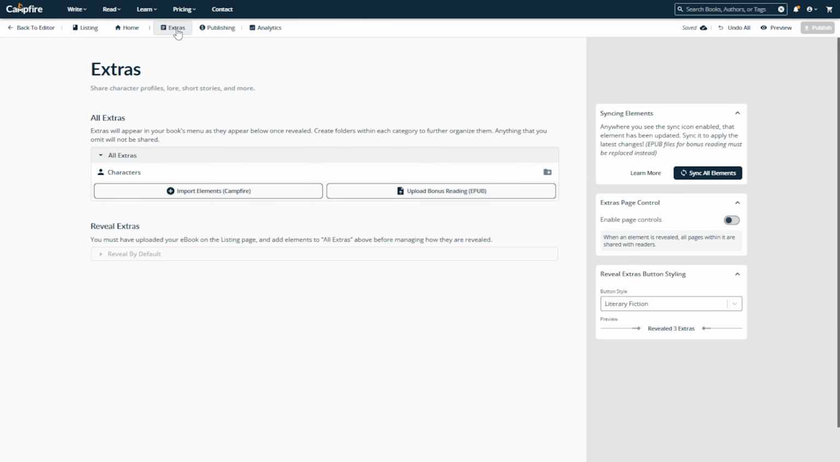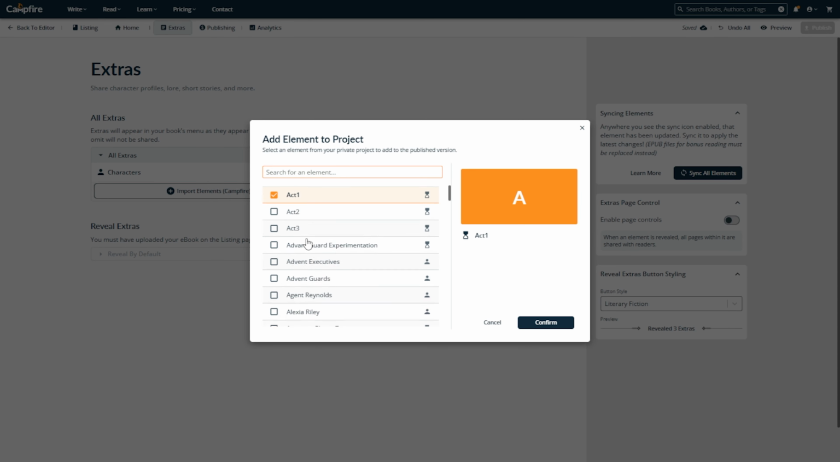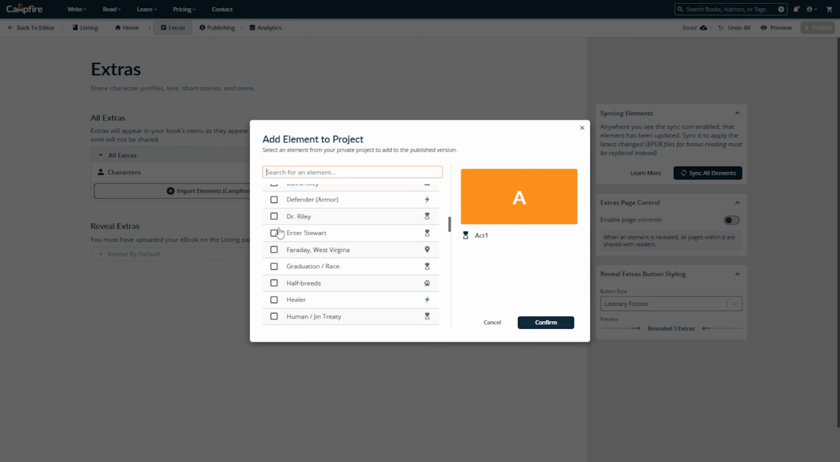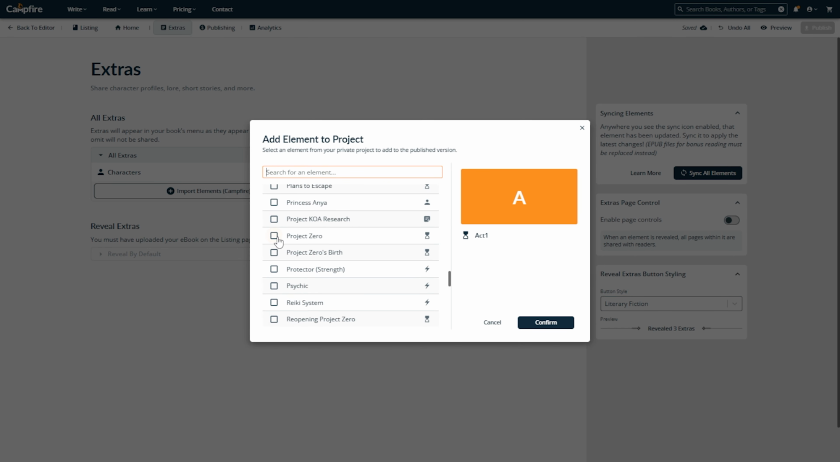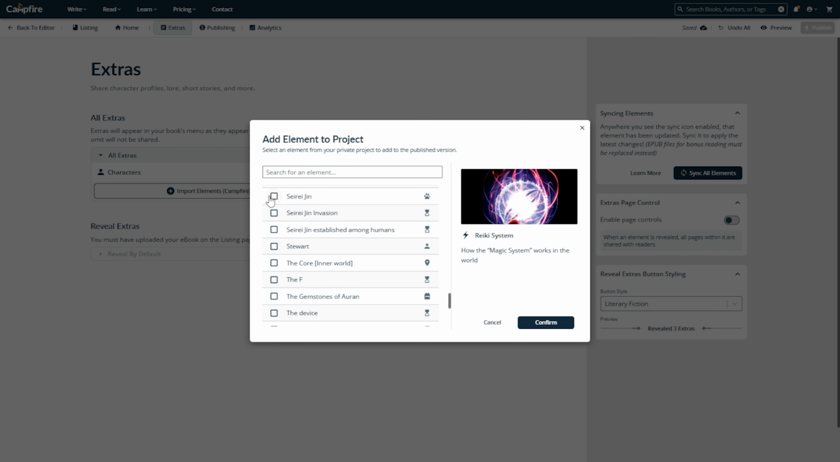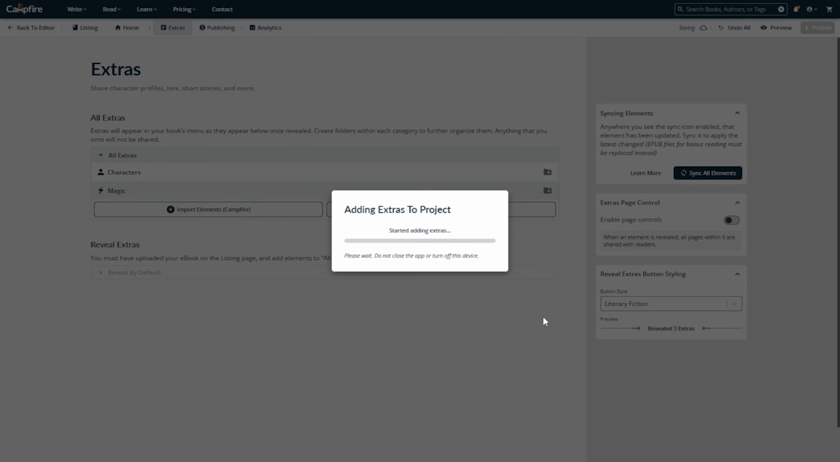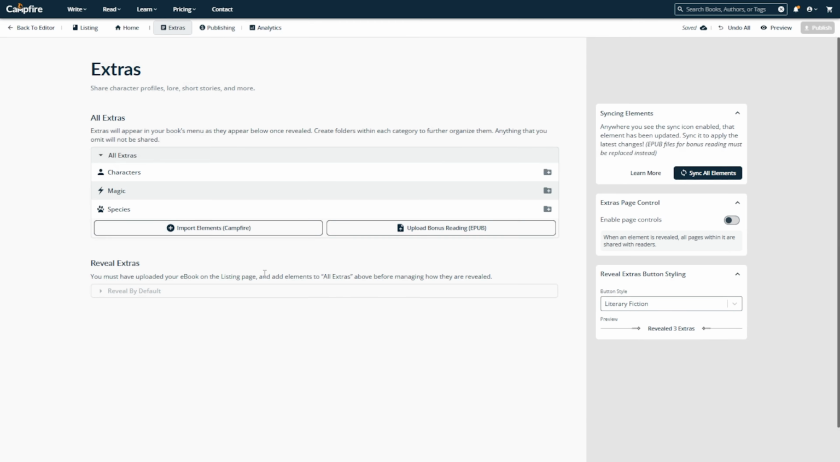All right. So with the extras, again, extras will appear on your book's menu as they appear below once revealed. You can create folders within each category to further organize them. Anything that you omit will not be shared. So again, if there's anything else here that I want to be added, all I have to do is just click on it. And other than Kevin, I could add, people can know about the Reiki system. People can know about Saragens. So all of that, I would just add in my extra, import it, so that way when you look at the homepage of my book,